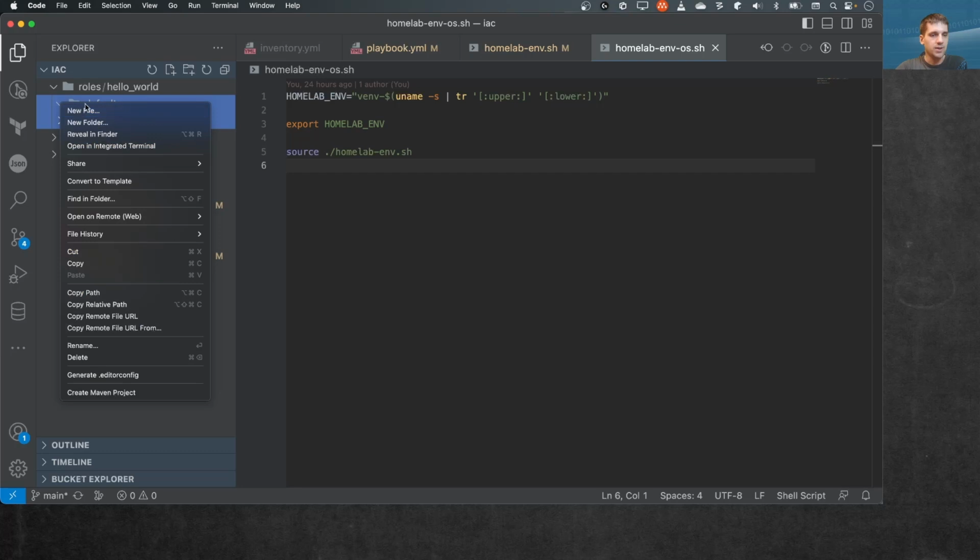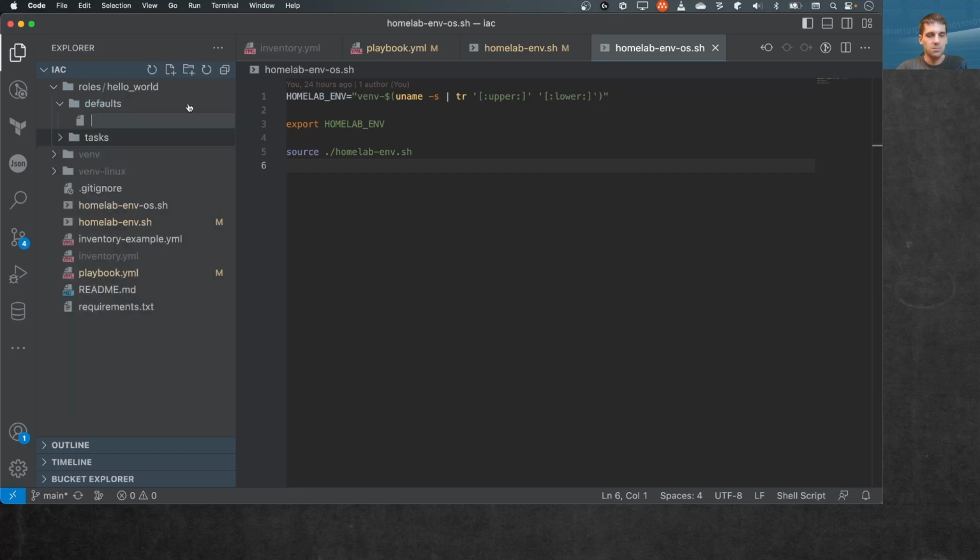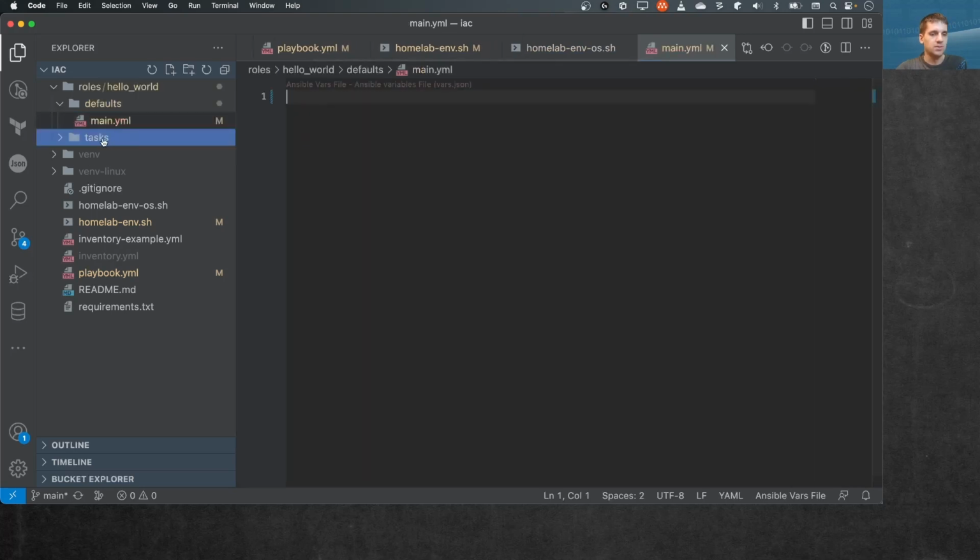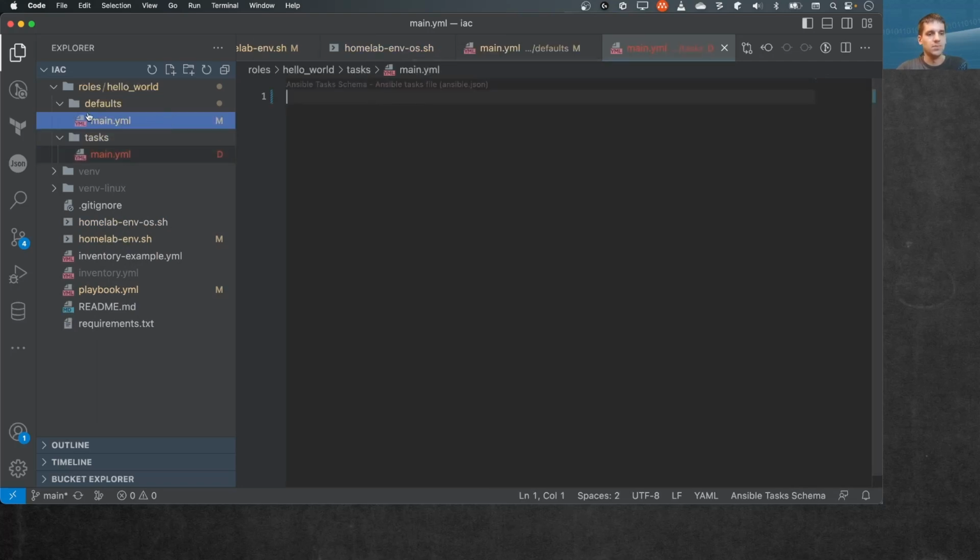And now I can also create a main YAML in the defaults folder and a main YAML in tasks. So the defaults folder will contain the default value of our variables, and the tasks will contain obviously the tasks,